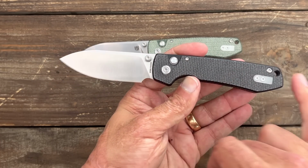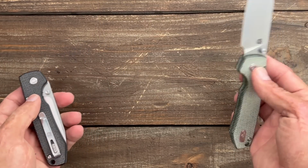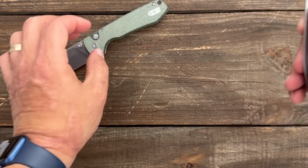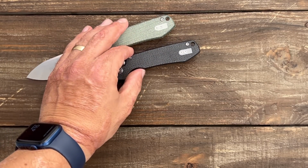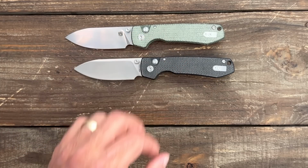And they put the little plate there as well so you didn't have the hole. So you did have a totally ambidextrous knife because it is a button lock. Both of these have excellent action on them. Now, being that it's sold out, if you were looking for a good 14C knife, I put